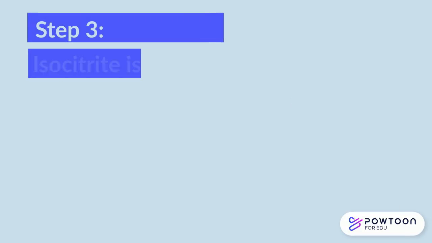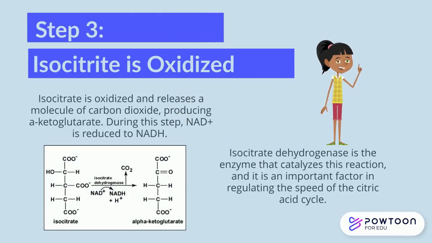In step 3, isocitrate is oxidized and releases a molecule of carbon dioxide, producing alpha-ketoglutarate. During this step, NAD+ is reduced to NADH. Isocitrate dehydrogenase is the enzyme that catalyzes this reaction, and it is an important factor in regulating the speed of